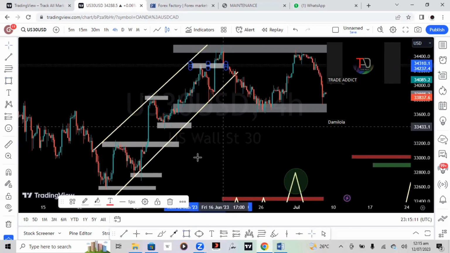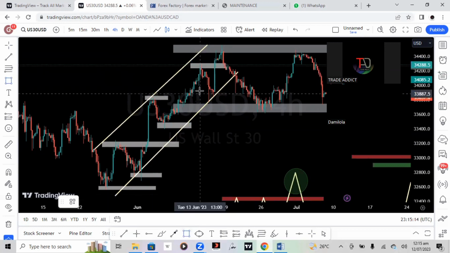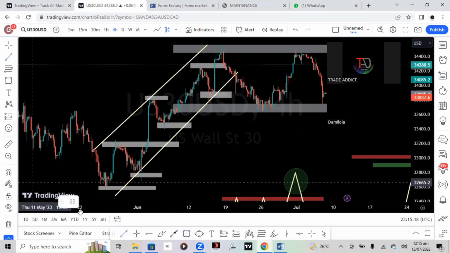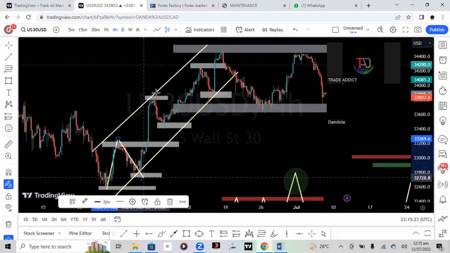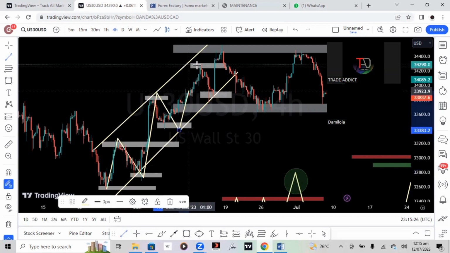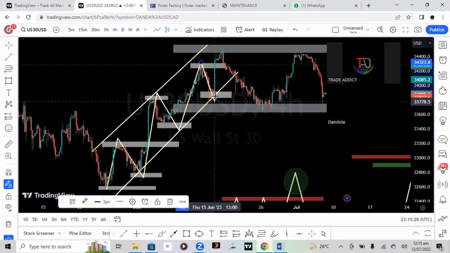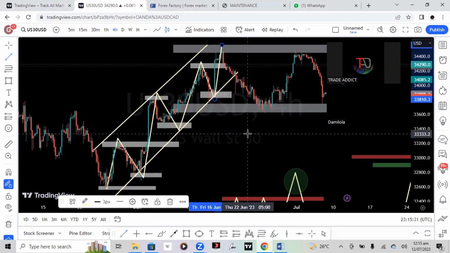I hope you understand now. So if I do it this way, you see that is not different from what I just said earlier on: in an uptrend market, price will create what we call higher highs and higher lows. Same thing is applicable on downtrend market as well. So in a downtrend market, price will create what we call series of lower lows and lower highs.